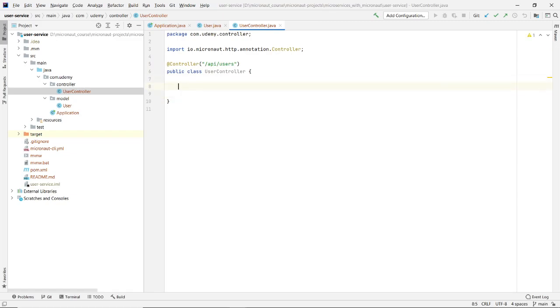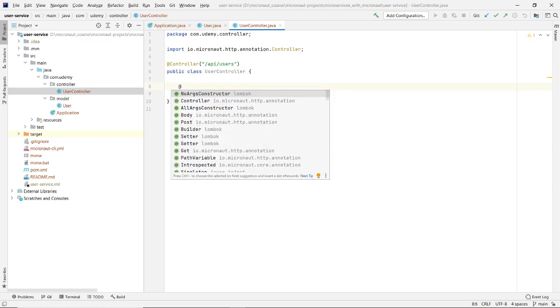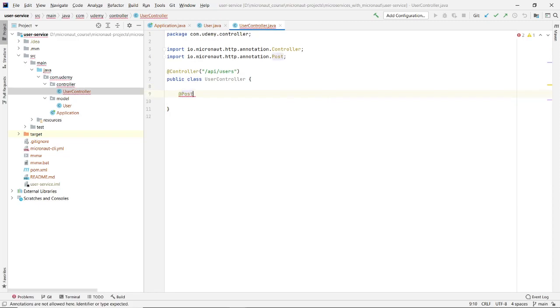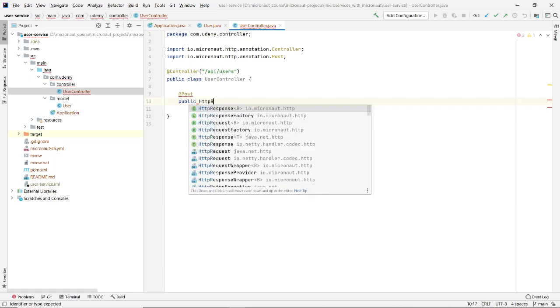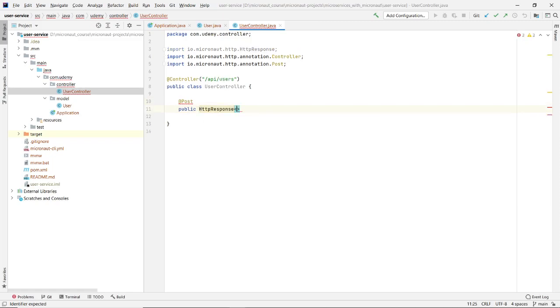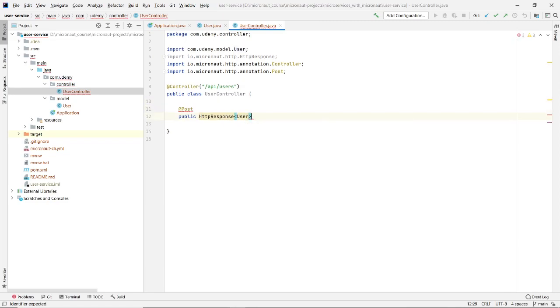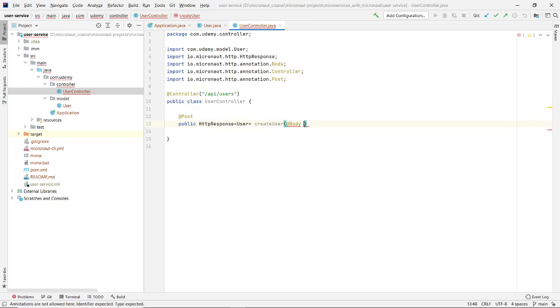Okay, and here for creating a new user, as we saw in our earlier video, we will use @Post annotation, and it will return HTTP response of type user, and give it a name as create user. It will take request body, which will be our user class,